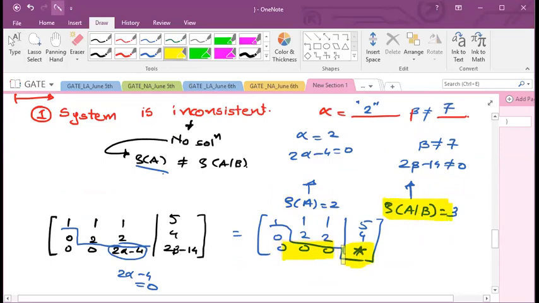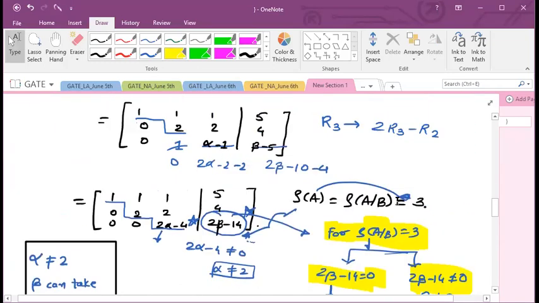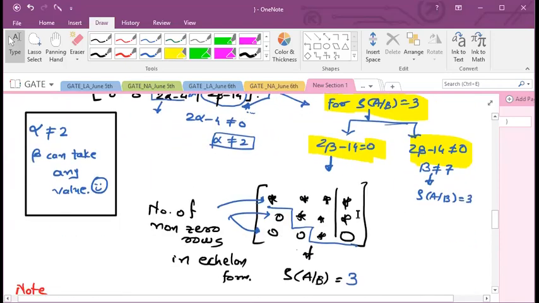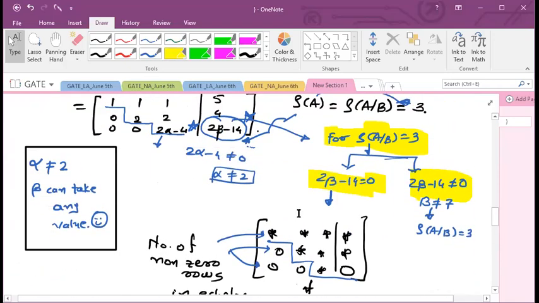That means I have taken any element over here. So definitely if my rank of A is 3 over here, that is its maximum value, then inconsistency will never arise. If rank of A is equal to 3, then rank of A augmented B is going to be 3, isn't it? In the previous case, if I have taken this not equal to 0, that means rank of A is 3. And if rank of A is 3, definitely rank of A augmented B also will become 3. Either it is 0 or non-zero.